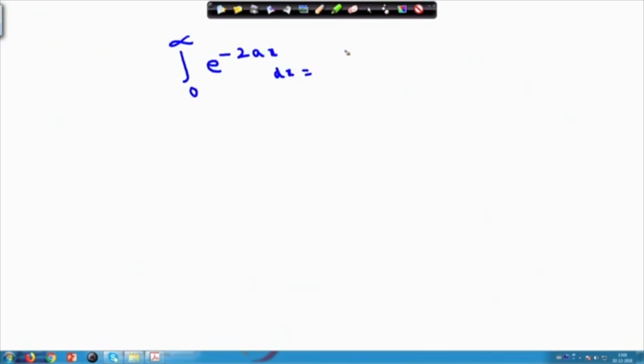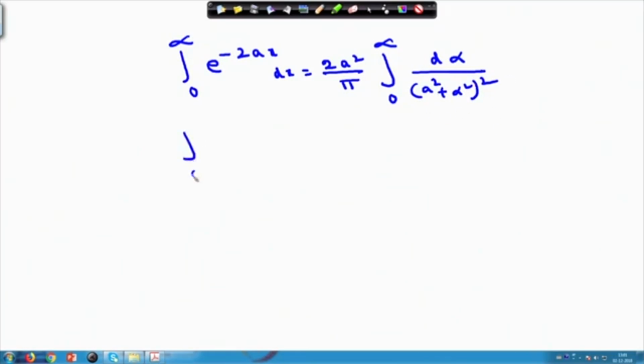This will be equals to twice a square by pi, because a square was inside, I am bringing it outside, and it becomes d alpha by (a square plus alpha square) whole square. Again, this alpha parameter can be replaced by x, so that I can write it as integral 0 to infinity